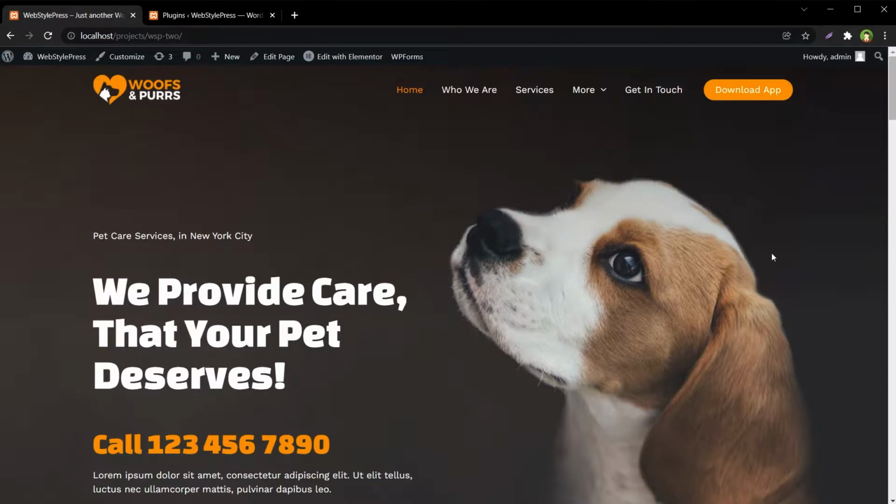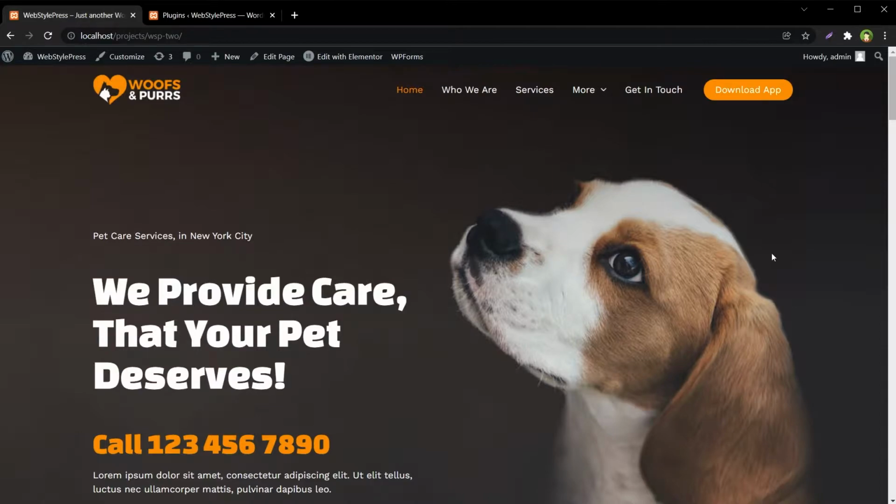You need maintenance mode or coming soon mode for a website in two scenarios. Number one, when your website is under construction and you do not want users or search engines to access your website. And number two, when you want to fix an issue in a live website or you want to update something but take the website down for everybody else except you.